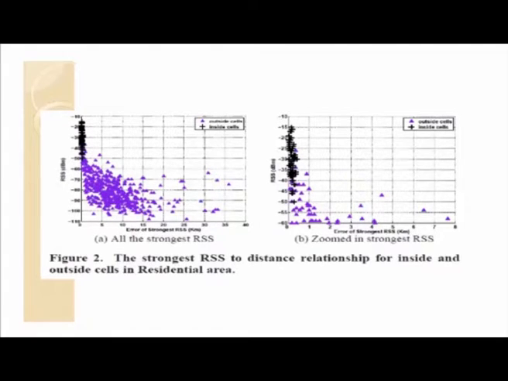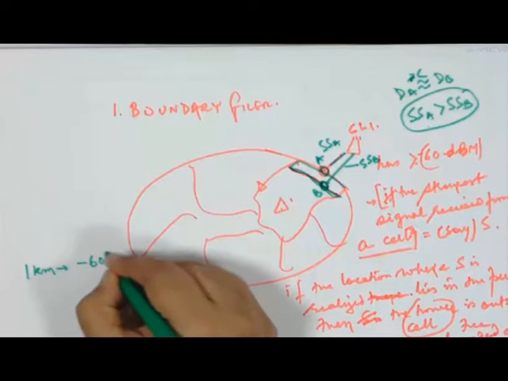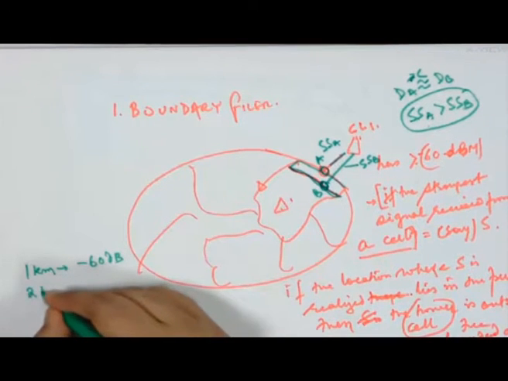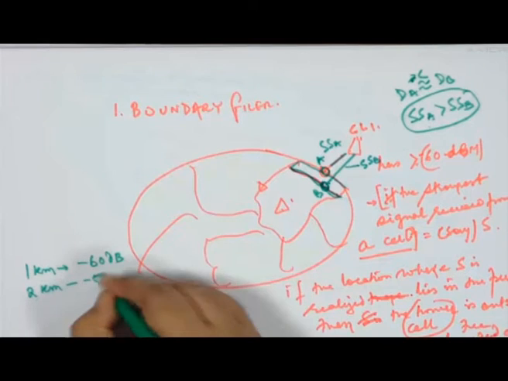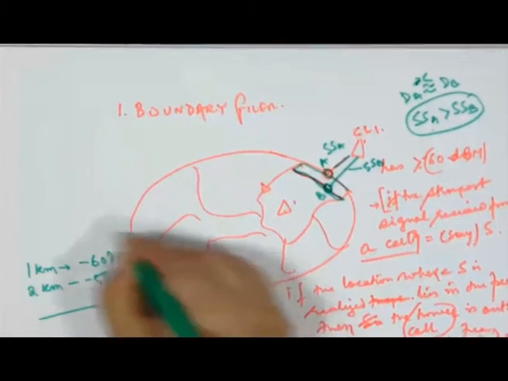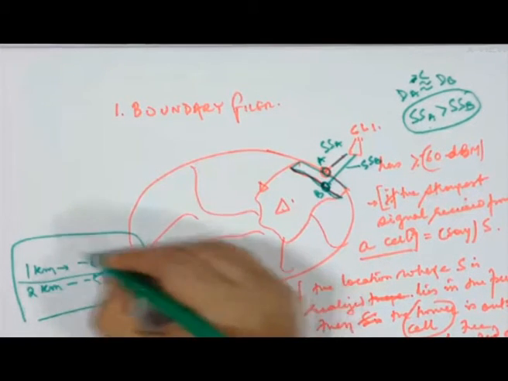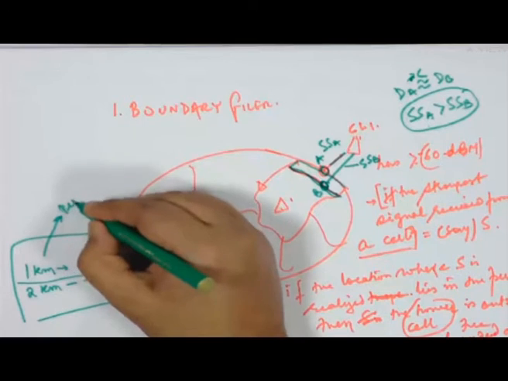So at 1 kilometer you are getting minus 60 dB, while at 2 kilometers you are getting minus 58 dB. Okay, so these are situations which can happen, and if 1 kilometer is the perimeter, while 2 kilometers is